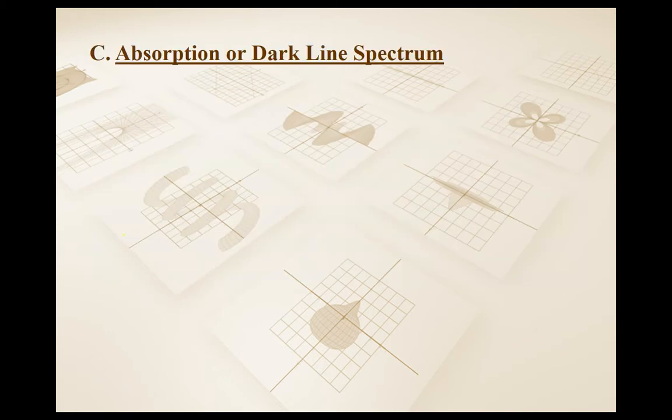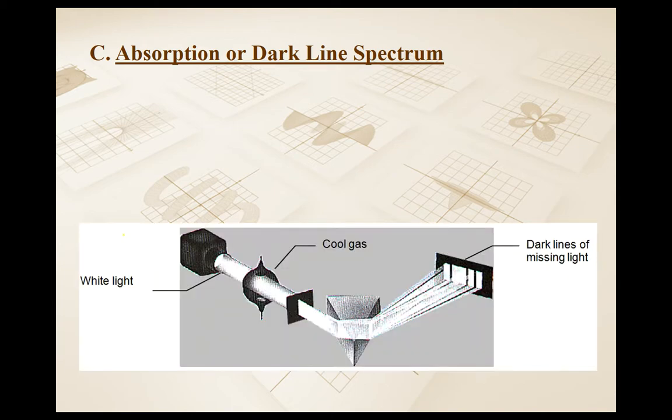Final spectrum we have is the absorption or the dark line spectra. Okay, so in this case, this is a very similar setup to the continuous spectra. So just as a quick recall, for the continuous spectra, what we were doing is taking white light and shining it through a prism, and it gave us the continuous spectrum of colors. What we're going to do this time around is